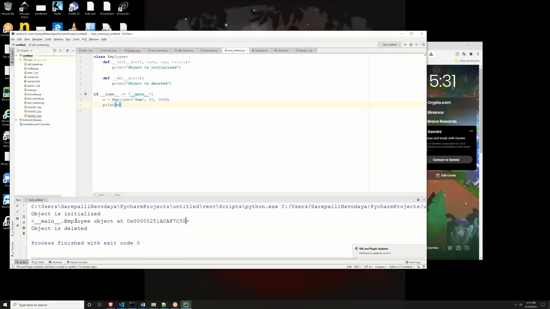It just says employee object is at this address. This is not useful for us. It doesn't say anything. Who is the employee? What is the salary and age and all that? If I want to print some meaningful information,